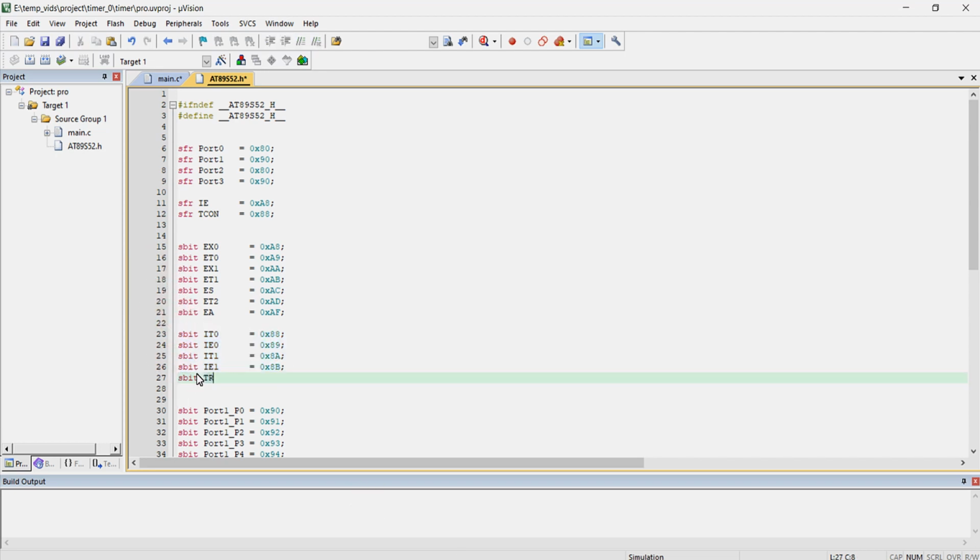sbit TR0 equal to the next address, 0x8B plus 1, 0x8C, and then I'm going to declare TF0 equal to 0x8D, and then TR1 equal to 0x8D plus 1, 0x8E, and the next bit is TF1 equal to 0x8F.